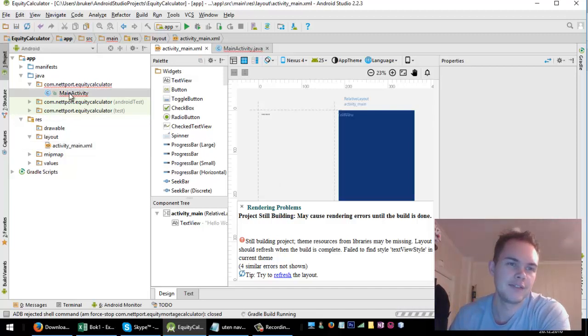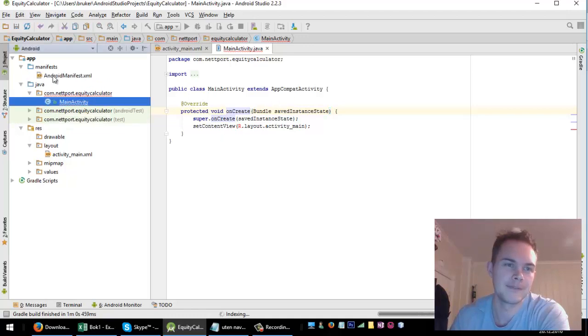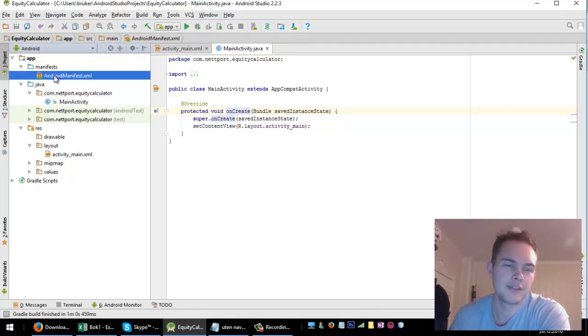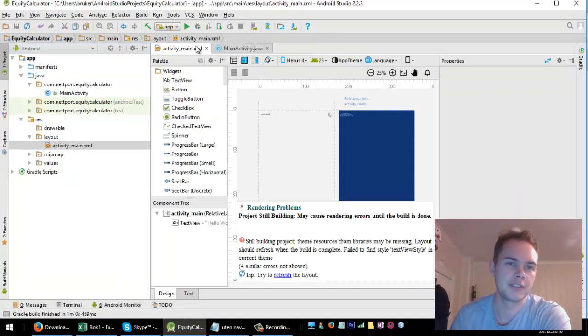The main activity is the code for your phone, so the design and the code is divided. Just like if you make a website, the CSS is divided from the code. Then there is the Android manifest file. If you have downloaded apps, you will see that sometimes they ask for permissions. So if you're going to use things like camera or microphone, then you need to enter it into the manifest file. We will just start by going to the activity main,